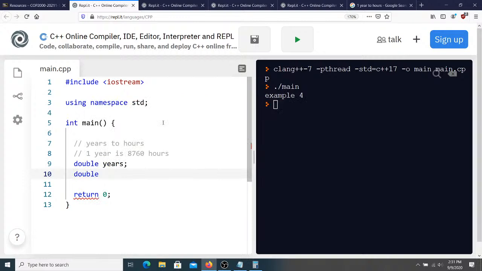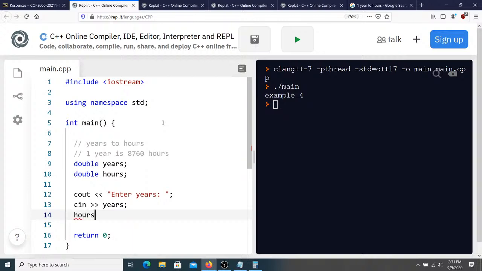And by the way, this is not like one of those two-way versions. This is just years to hours. And we're going to say enter years. Right, yeah, so they're going to provide years, we're going to give them hours. So if they enter in 1 year, it's going to be this many hours. And then finally, cout